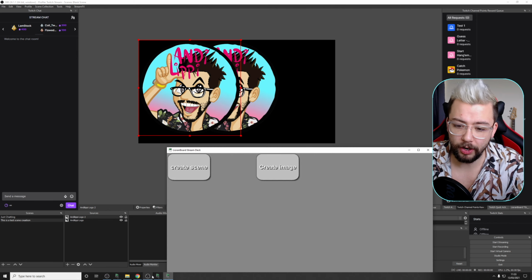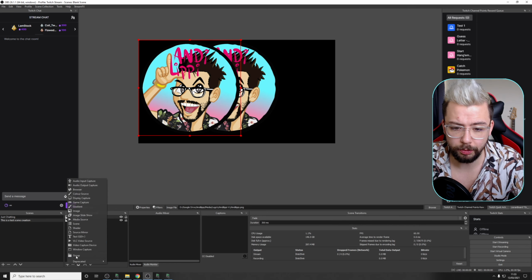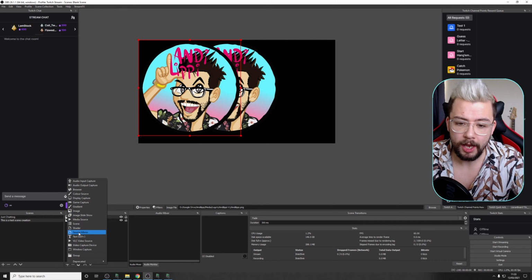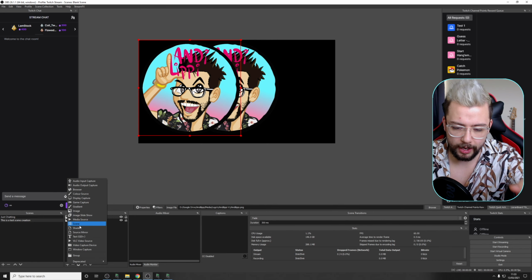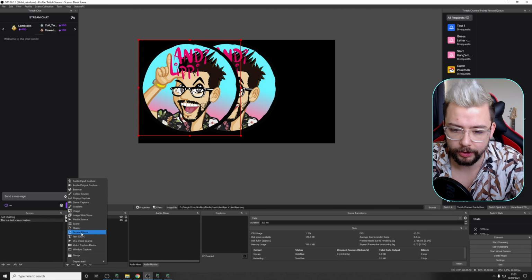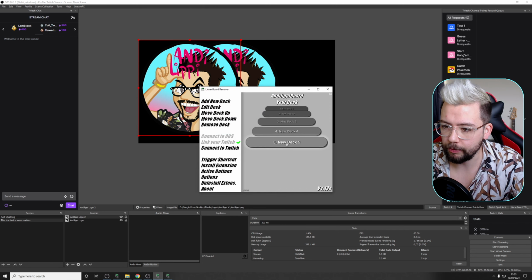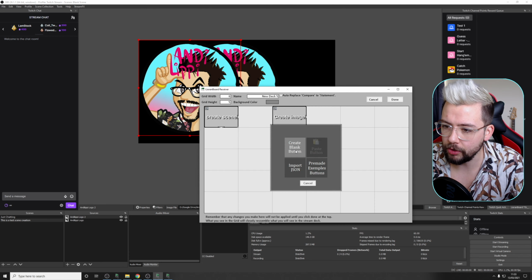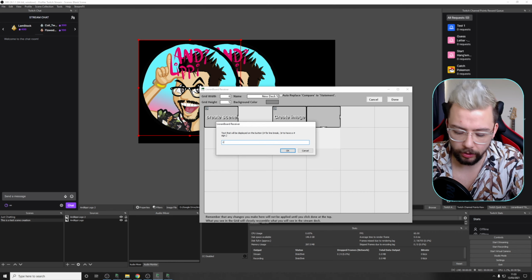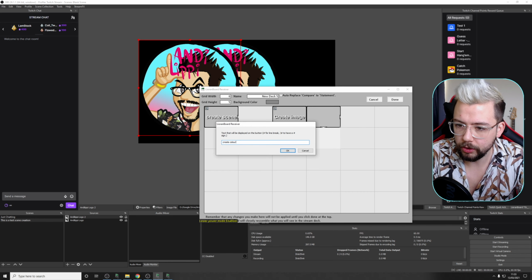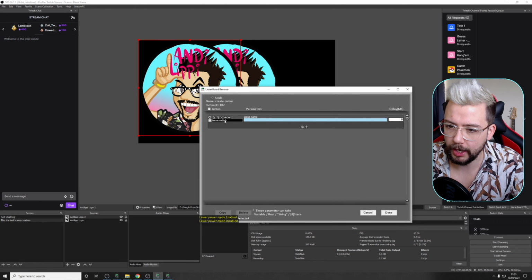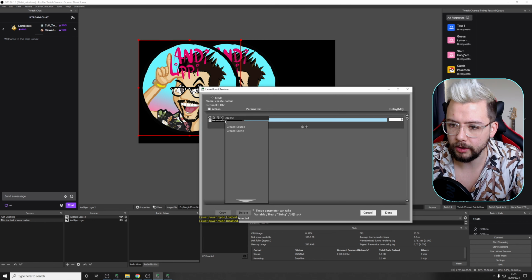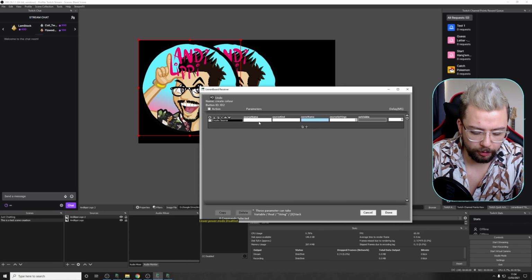Another thing that we can do is create different kinds of sources. We can make any source we like in OBS, even if it's an extension or a plugin or anything like that. You can create them like a source mirror, for instance. I'm just going to use a color source for now. So if we jump back into here, I'm going to create a new button, and we're going to call it create color source. So create color, just like this. Press OK, and the same concept as before, add a command, press the plus sign, and we're going to do create source just here, and the source name will be